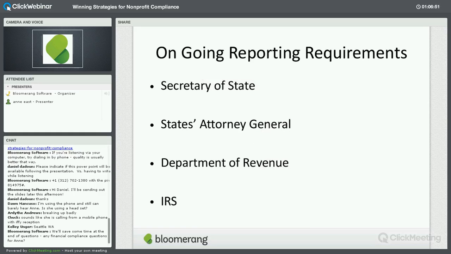So here are your ongoing reporting requirements. And as I said, Secretary of State, a yearly or biannual filing. I'm going to use California as our example going forward now. So every year or biannually, a nonprofit will file what is called its statement of information. That statement of information has a filing fee, of course. But what it's going to ask is, have there been any changes? So has your